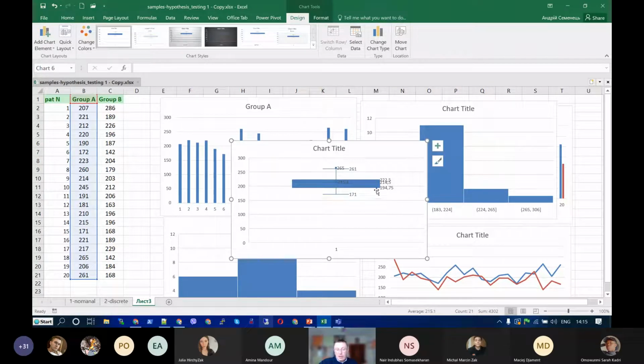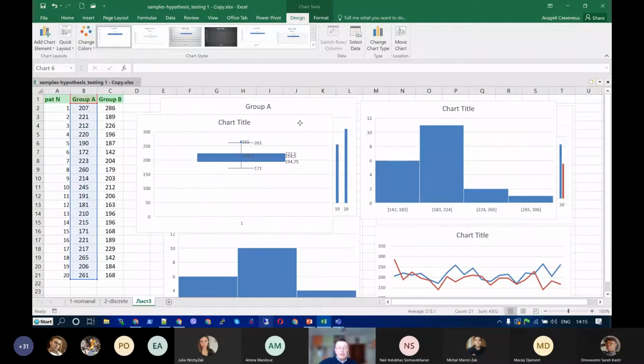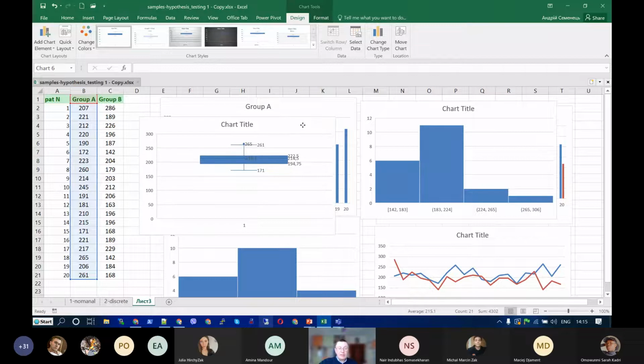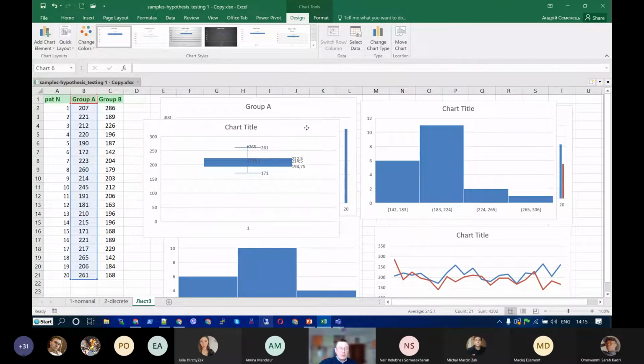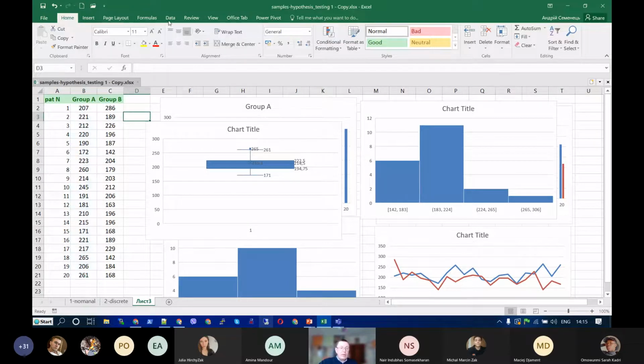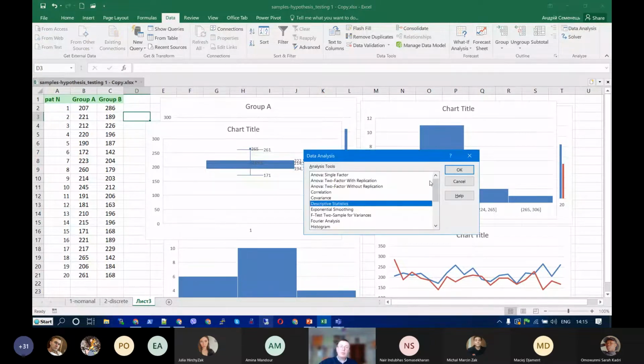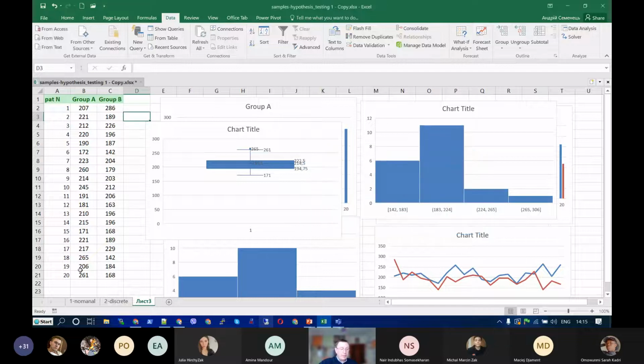Okay, if I would calculate all necessary descriptive statistic characteristics, let me just show for you this. If I want to obtain numerical assessment, I will start with my data analysis. For sure I can use the function average to calculate